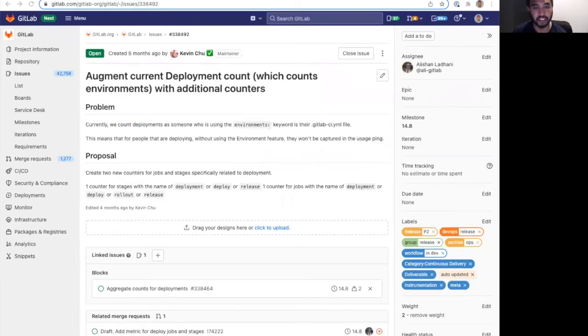Next is to augment our current deployment count with additional counters. So this is the first issue of our effort to improve our instrumentation so we can better understand how our users are using release features and deployments using GitLab. Right now, we're only counting deployments that are using the environments keyword and that feature in their YAML file. And so